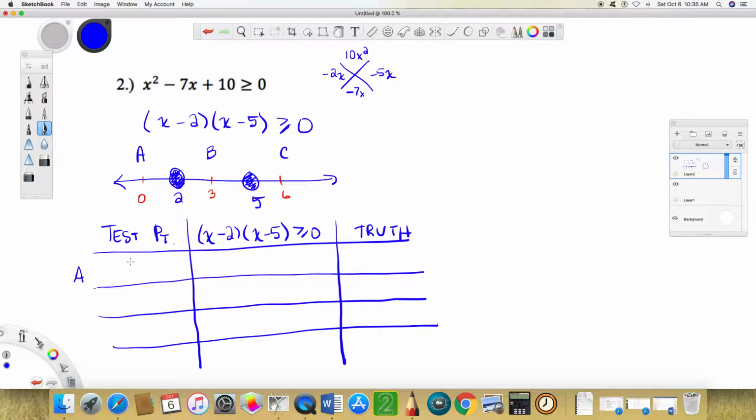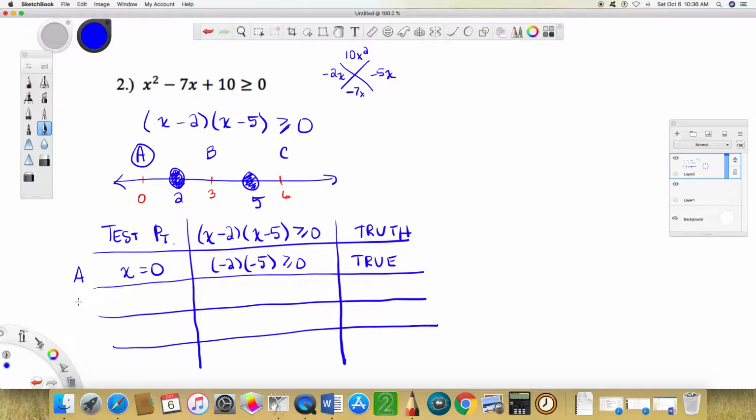So in region A, we said, why not try a test point of 0? This would give me -2 times -5. That's a +10, and it's true that 10 is greater than or equal to 0. So we're going to end up shading